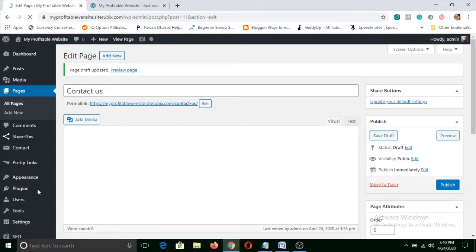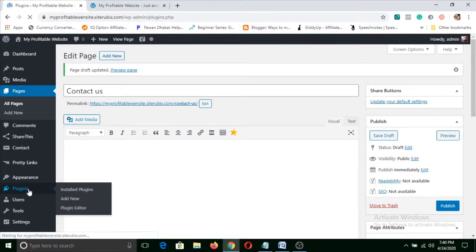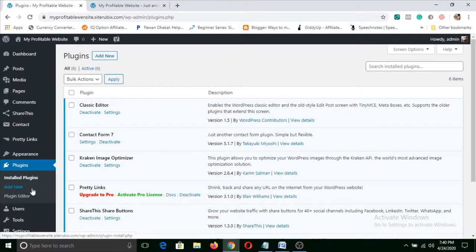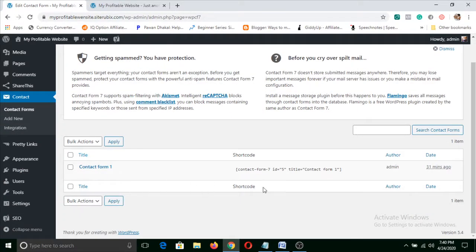Now you go to plugins, let it load. Then you need to click on Contact Form 7 settings, and you can get a short code. You just need to select all this code and copy.